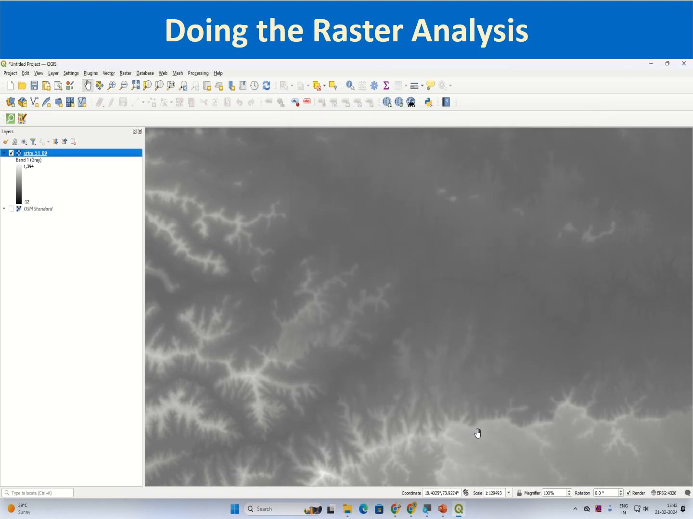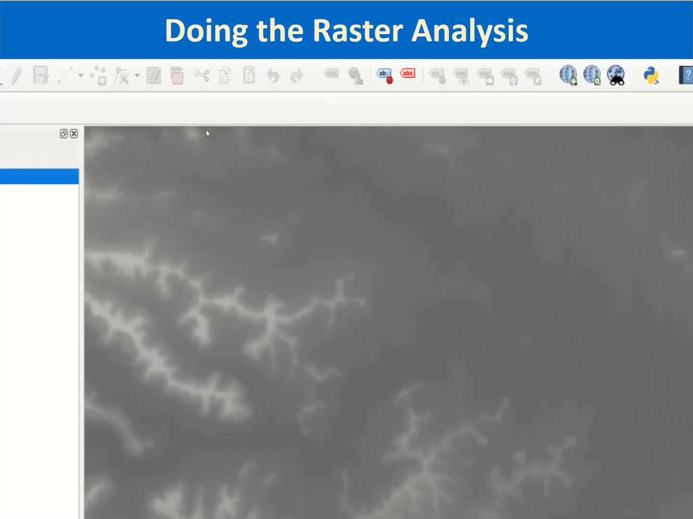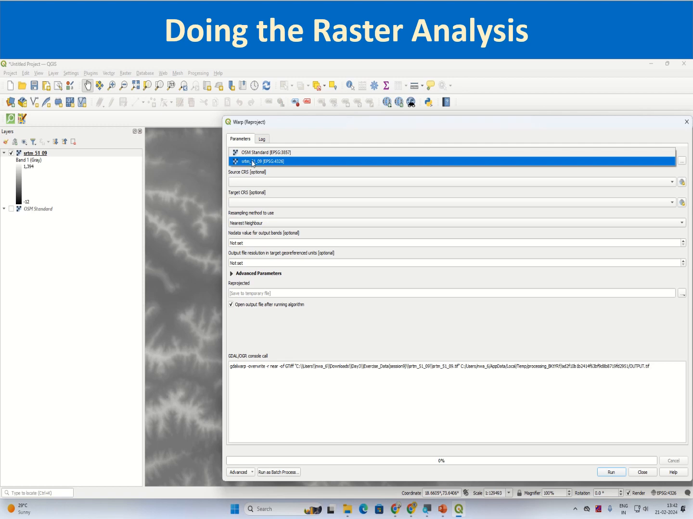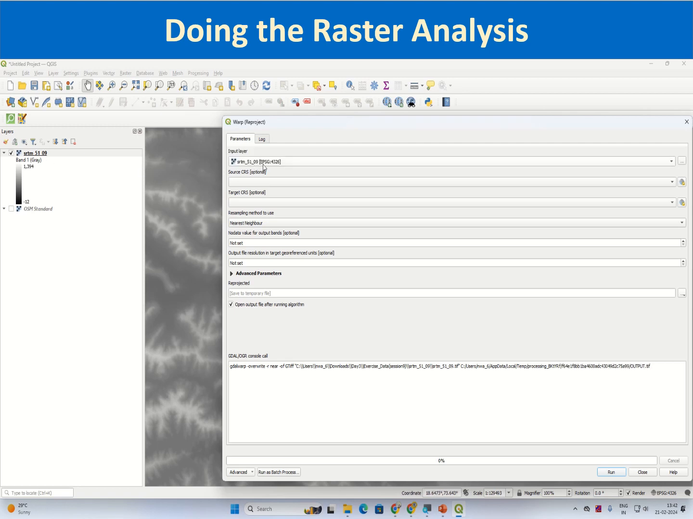So we have to project it to the UTM coordinate, UTM projected UTM zone 43 north. For that you have this option under raster menu, you have the option of projections and warp project. You click on warp reproject and you click the input area is your SRTM original tile with in the global